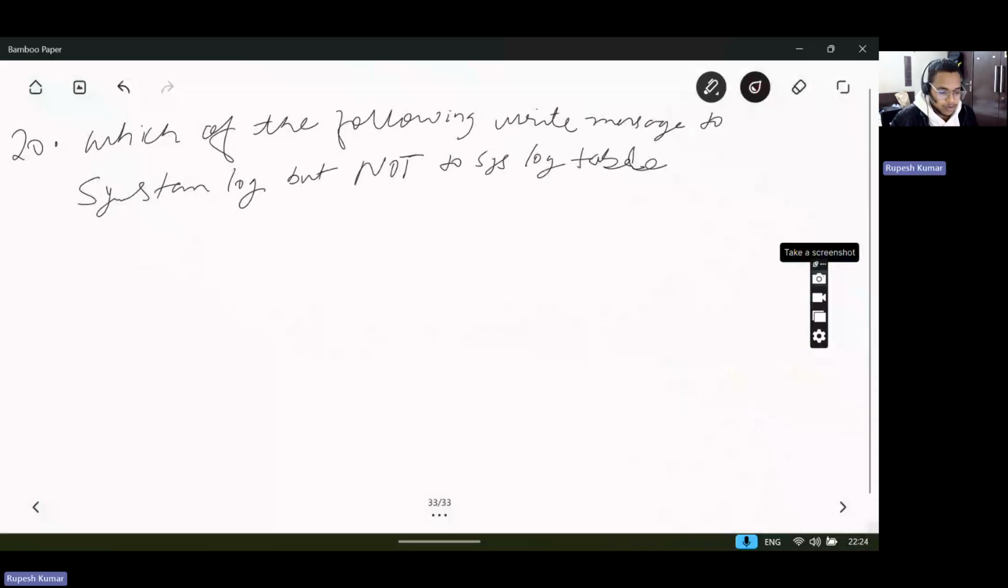Usually when you do debugging, you log something in the code to verify or validate and solve some bugs. There are different options like gs.info, gs.log, and gs.debug. It is asking which one writes to the system log but not to the syslog table,